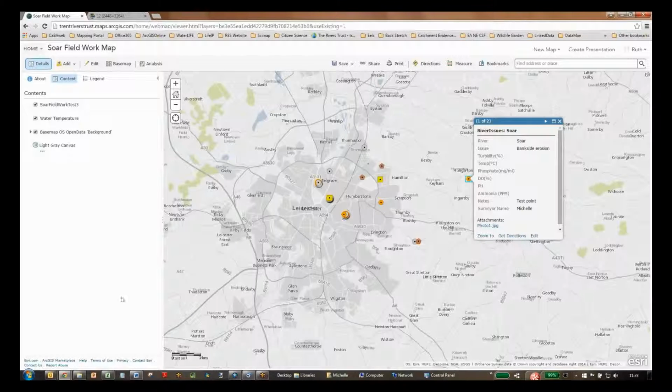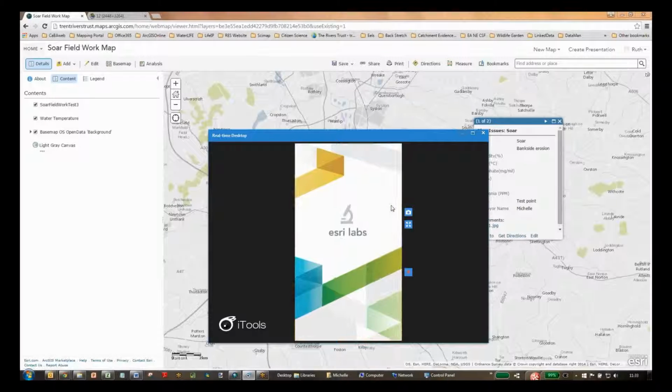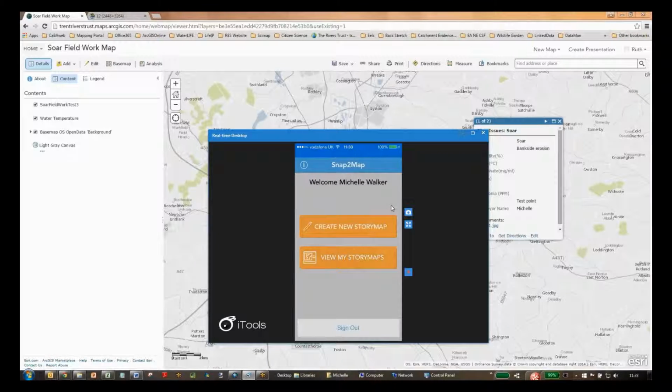So that's that one. I think what I'll do is quickly show you the Snap to Map app as well, because that photo just isn't loading on there. So Snap to Map, again, it's an Esri app, and if you go onto the catchmentbasedapproach.org, onto the discussion forum, Lucy and I have got some posts on there about the different types of applications that you can publish through ArcGIS Online, and one of them is a story map,